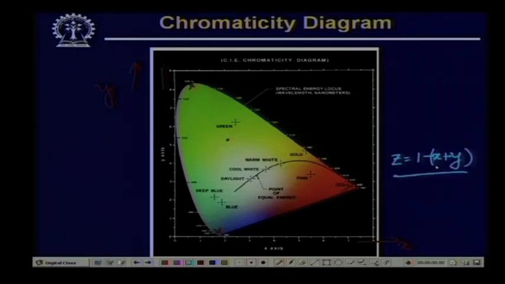So, I can find out how much of red, how much of green and how much of blue, these three components are to be mixed to generate a color which is at this particular location in